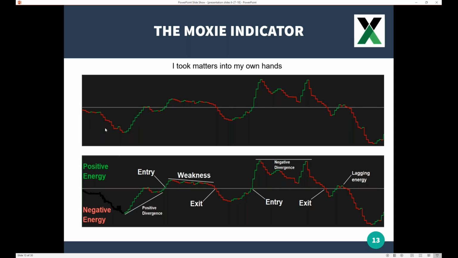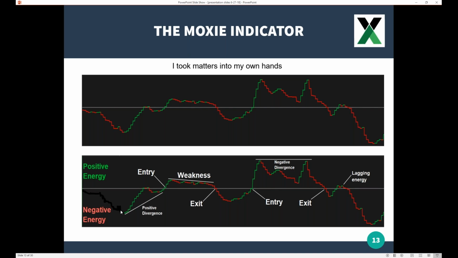And what it does is it tells you how much momentum and velocity and energy is coming into it. And then with the 0 line, it tells you how much energy is in it. So the higher it is above or below 0, the more or less energy there is, depending if you're looking long or short. And so here's the little explanation of it down here. This is how you can trade the indicator by itself. Now, of course, I like to bring in price with moving averages to give me my go, no-go situation. But this is how we can dissect the indicator, and it's over and over and over.